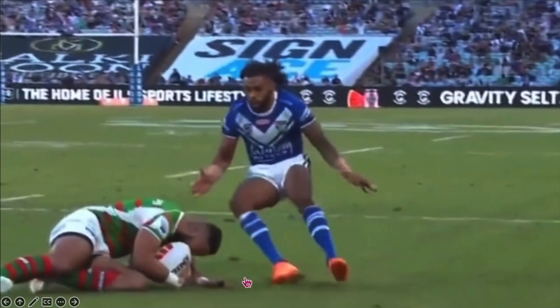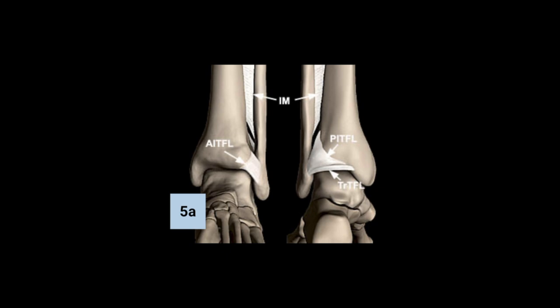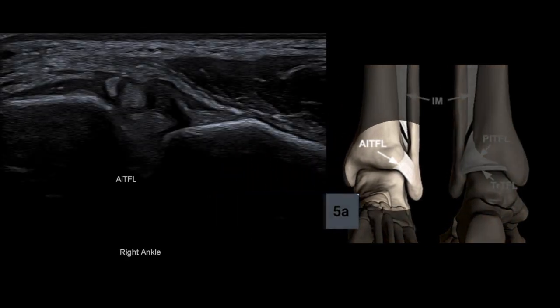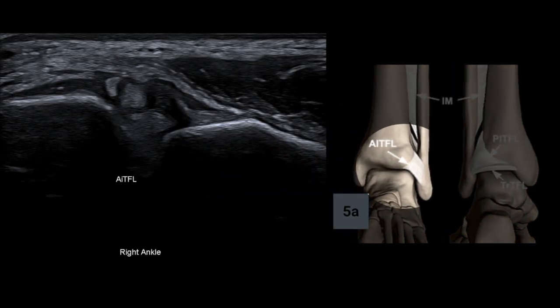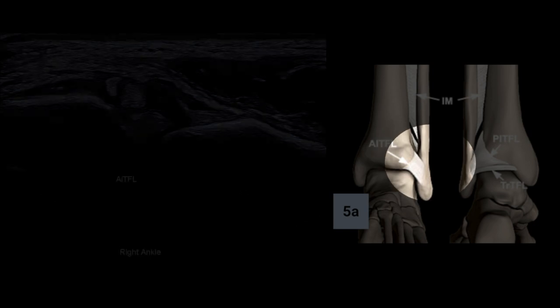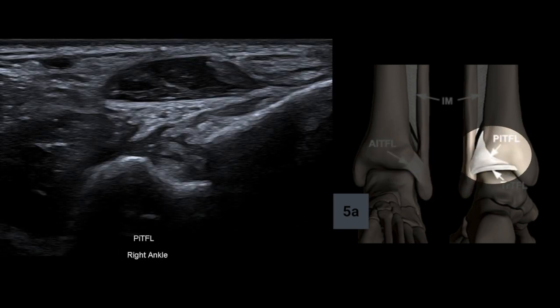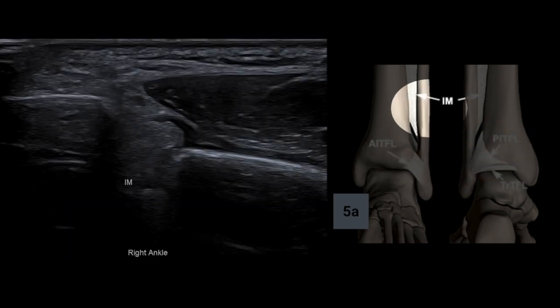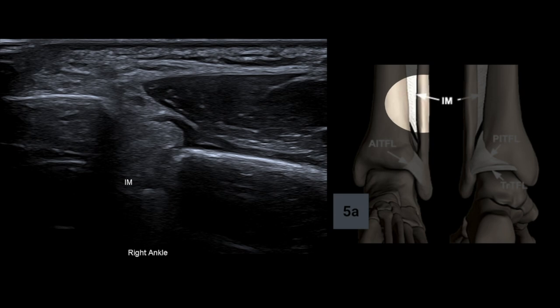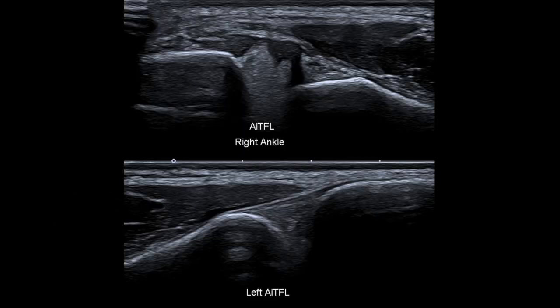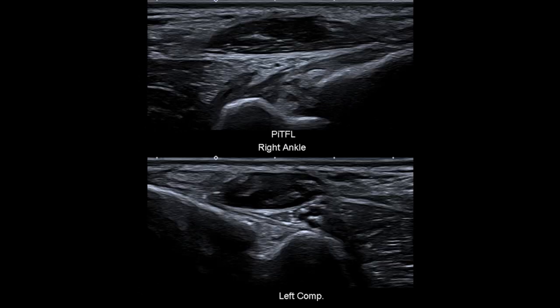ankle joint. Now, when we talk of the syndesmosis, we talk of the AITFL, the PITFL, and the interosseous membrane. And we see all of these structures beautifully on ultrasound. Here we have a complete tear of the AITFL, a complete tear of the PITFL, and we have edema throughout the interosseous membrane. Now again, I utilize that horizontal split screen to show normal from abnormal, which improves my diagnostic